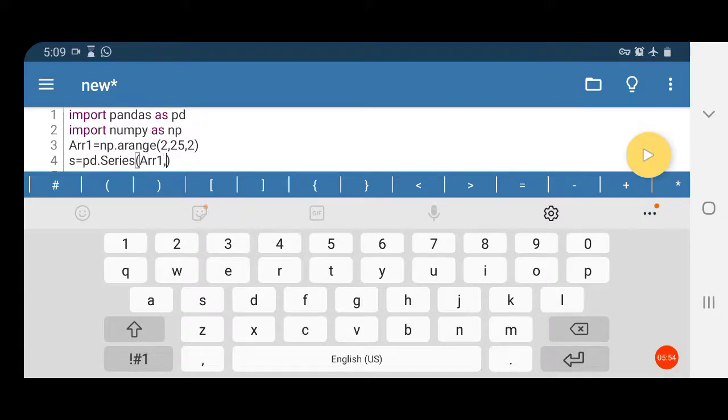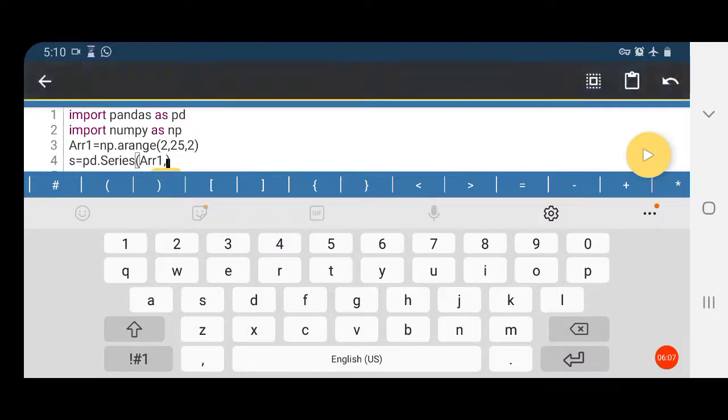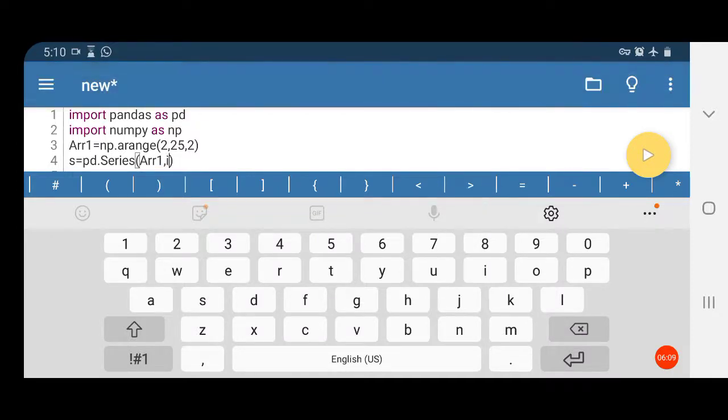Comma, in the question it is given the index labels should be 2, 4, 6, etc. So we can give the index also as the same thing, that is, index equal to. There is a parameter called index which can be used to give the index value.